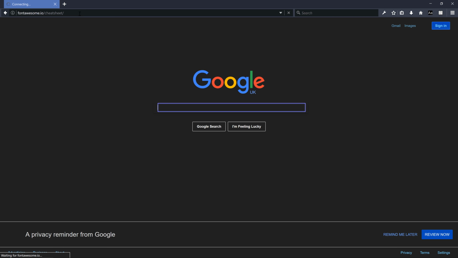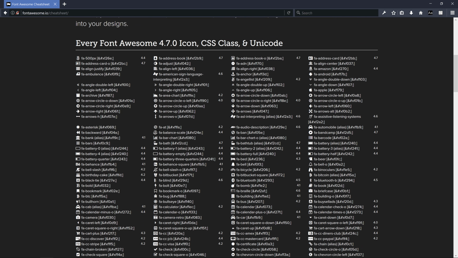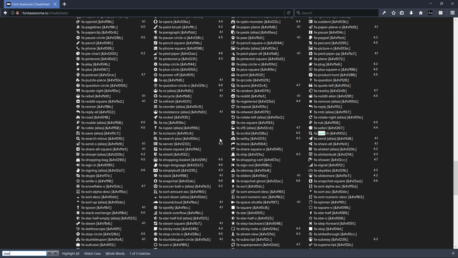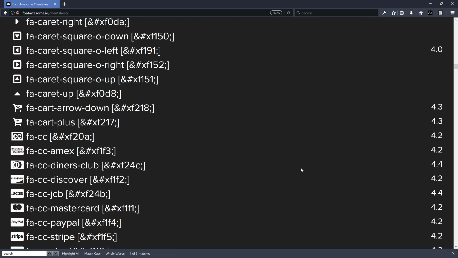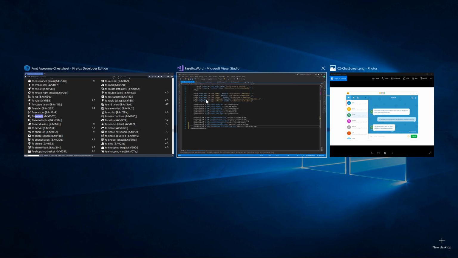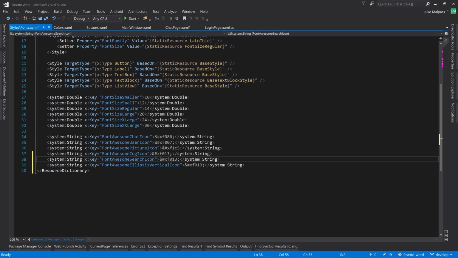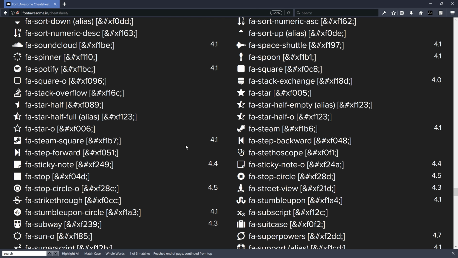Font Awesome cheat sheet. So fontawesome.io/cheat sheet. You'll see all of the icons. We want a search icon, which is here. So you can see there's the icon we want. We zoom in, nice and big. Go to search. You can see here search icon, and it's F002. So if we go to here and change the search icon 002, and then we want like a vertical ellipsis,